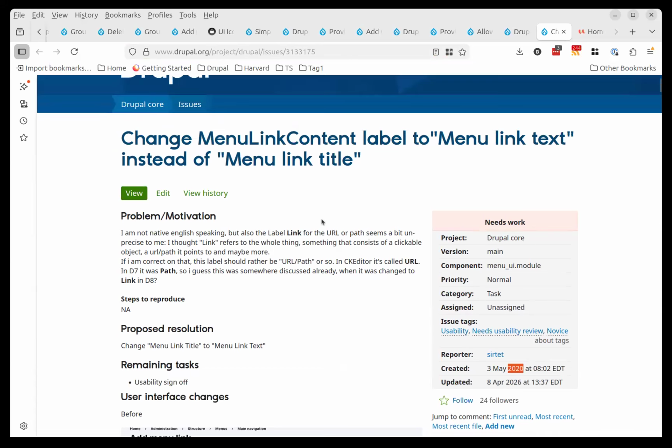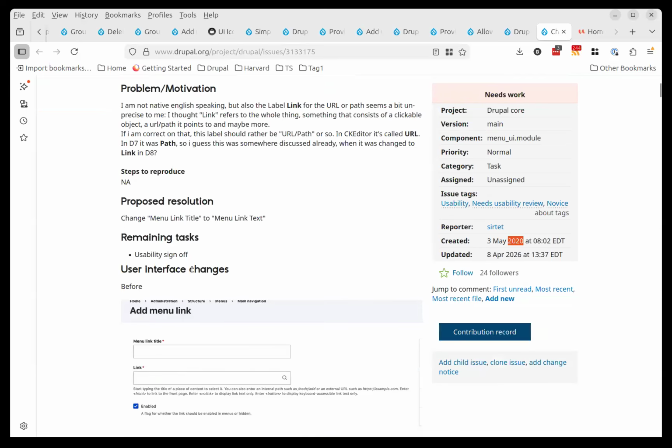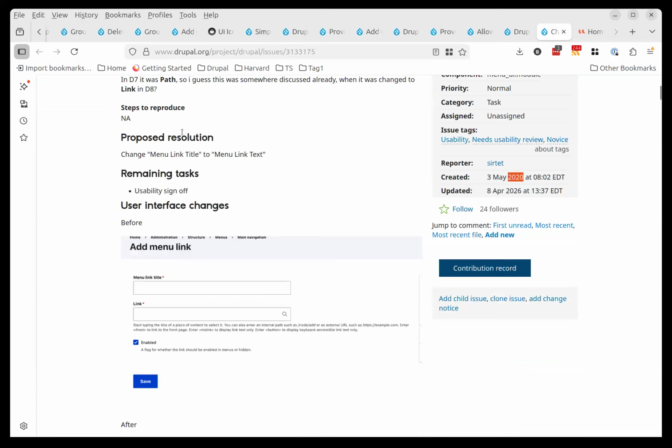So I haven't looked at this issue recently, so let's read through the description. I'm not a native English speaker, but also the label link for the URL or path seems a bit imprecise to me. I thought link refers to the whole thing, something that consists of a clickable object, a URL/path it points to, and maybe more. If I'm correct on that, this label should rather be URL/path or so. In CKEditor, it's called URL. In D7, it was path. So I guess this was discussed somewhere already when it was changed to link in D8. So let's see. From the screenshot,